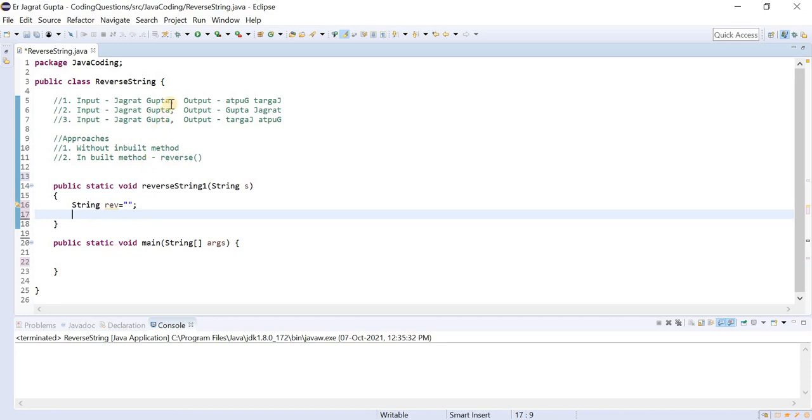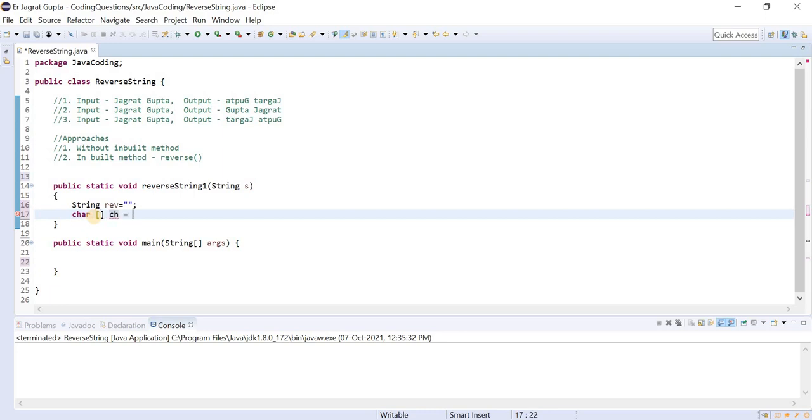Now the important thing is the approach. Let's revisit our approach: we need to traverse this string, pick one character at a time, and traverse in a reverse manner. For extracting the characters from the string, we are going with the first approach, that is we can make a character array.